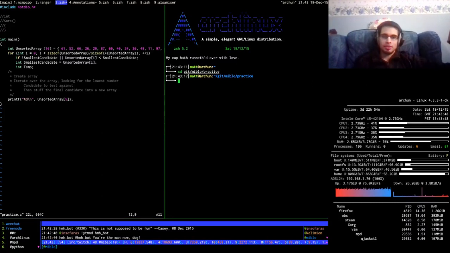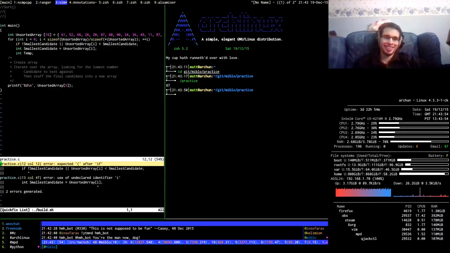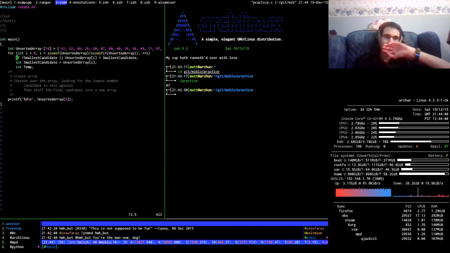I wonder what'll happen if I just run this now. Oh, I hadn't actually built it, have I? Yeah, I know. Actually, we need that, don't we? That'd help. If there's no smallest candidate, or unsorted array,